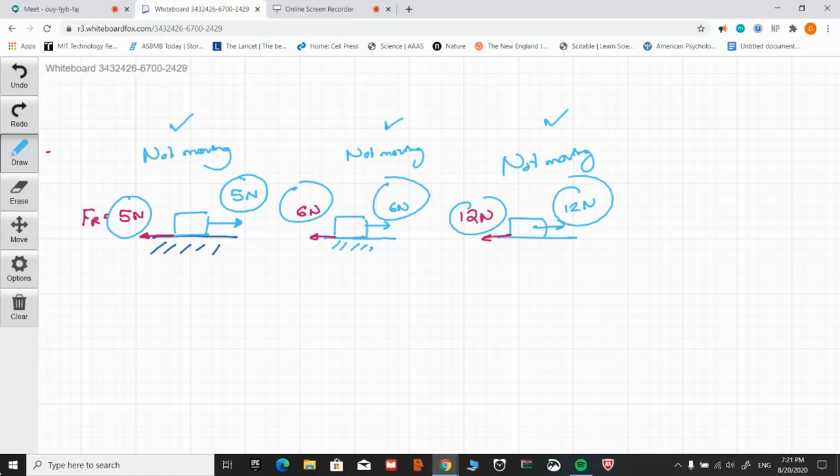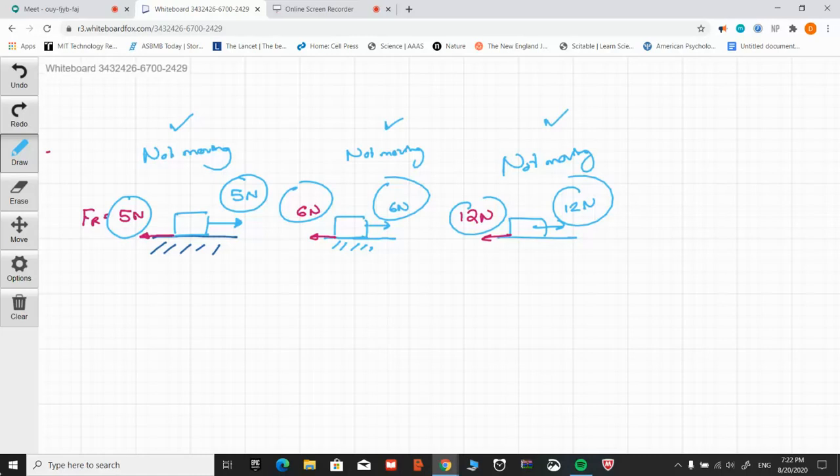Not more, not less. Exactly the same as the force that was exerted by you, right? Imagine if this wasn't 5 Newton. Imagine if this was 3 Newton instead of 5. Then the block would have accelerated, right? Imagine if this was 7 Newton instead of 5. Then the left force is greater and it would move to the left, but we know that doesn't really happen